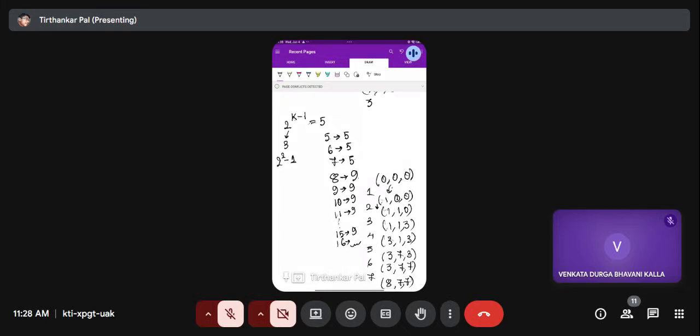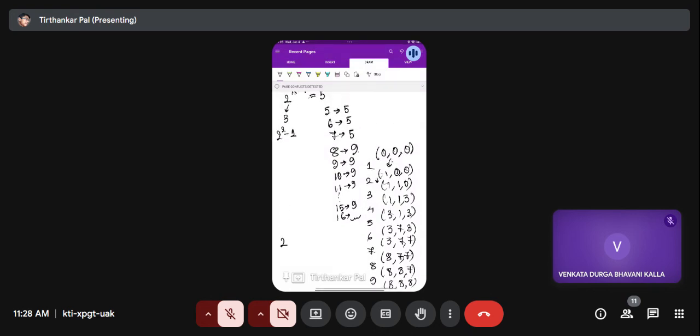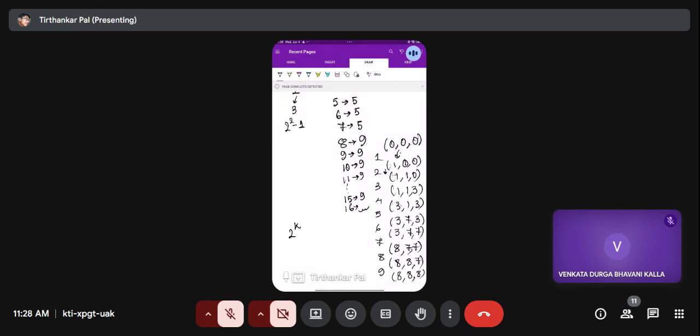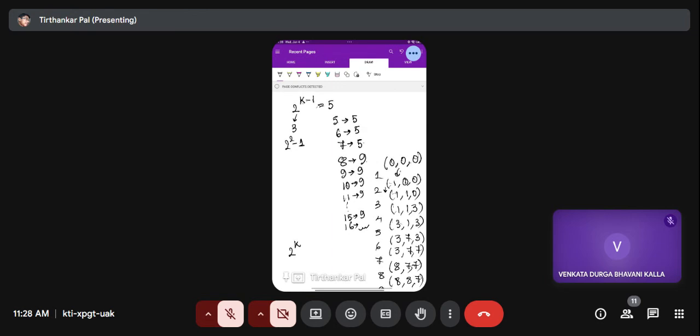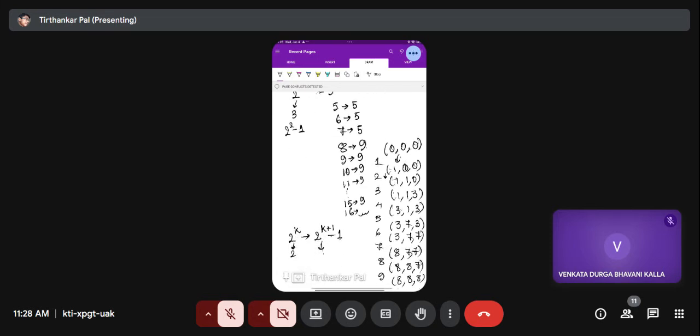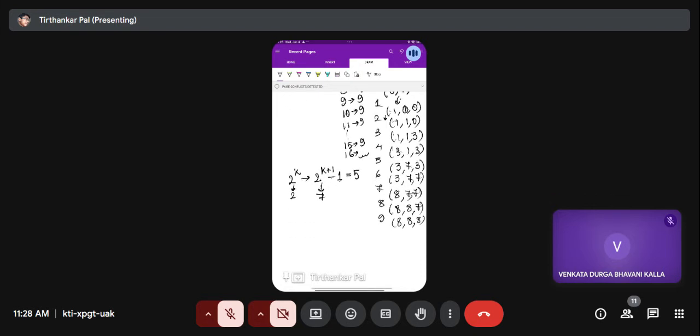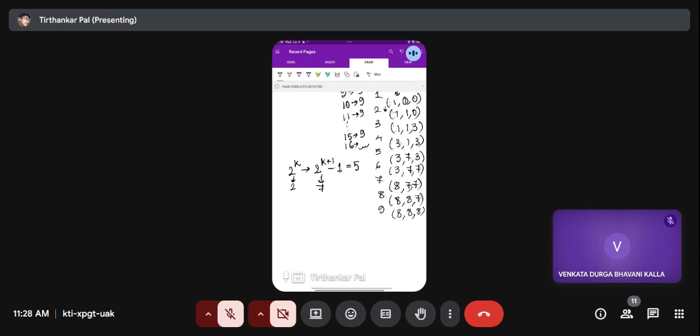So what is the pattern? For a value from 2 to the power k to 2 to the power k plus 1, let's say here it is 2 to the power k minus 1, and there it is 2 to 7. So from 2 to 7 there is the same value, which is 5. So if we observe clearly here, what we'll see is